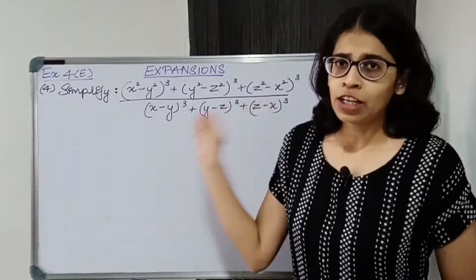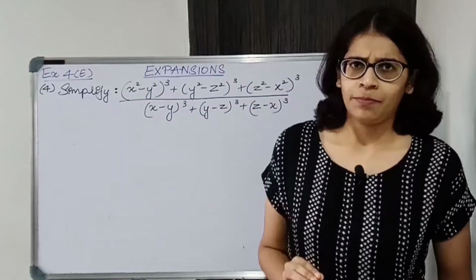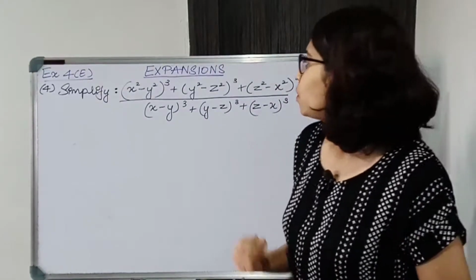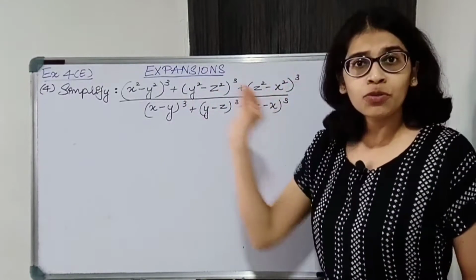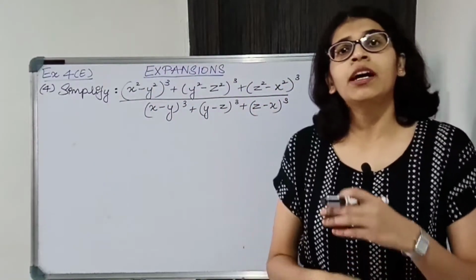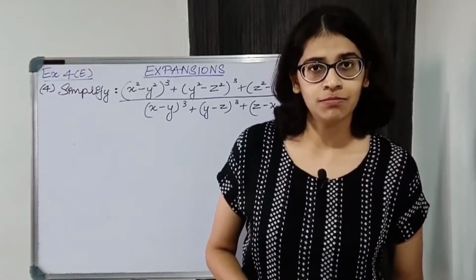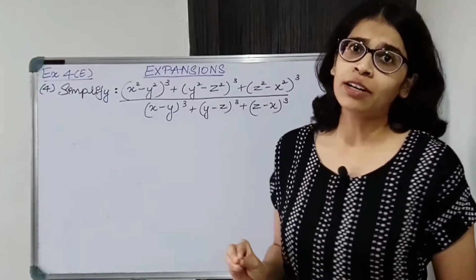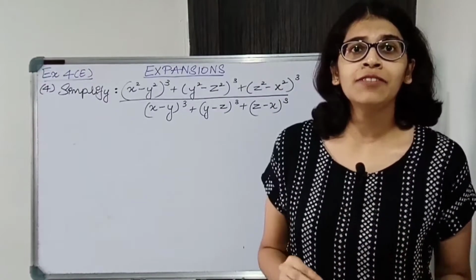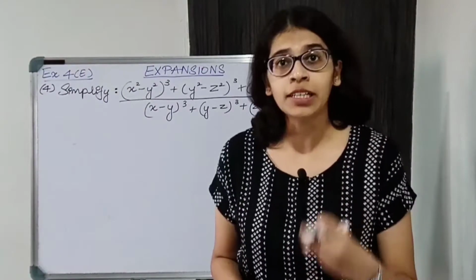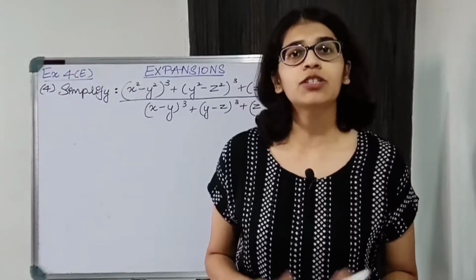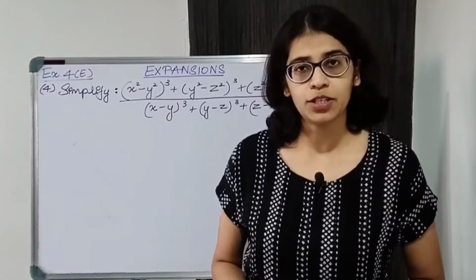Students, this seems very complicated but it is very easy. Okay, now over here, don't expand this, don't use the whole cube identity, it will become very complicated. So please don't use that over here, but instead we will use one formula that we have derived in an earlier exercise. It is also given in the solved examples in your textbook.